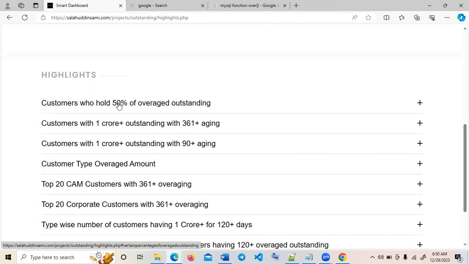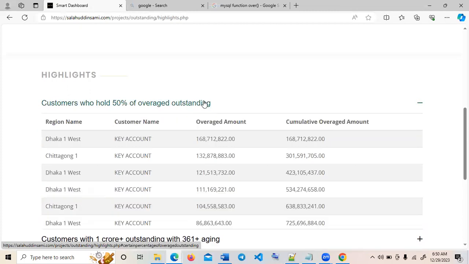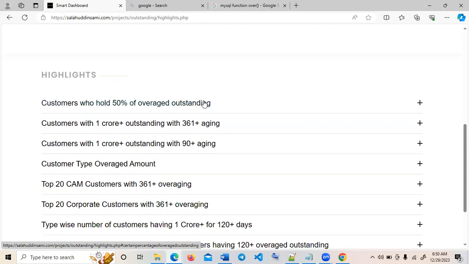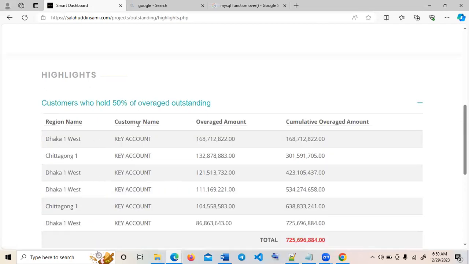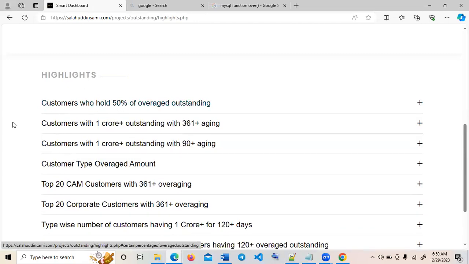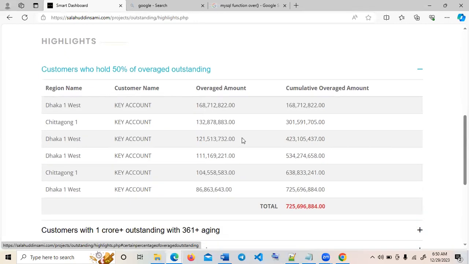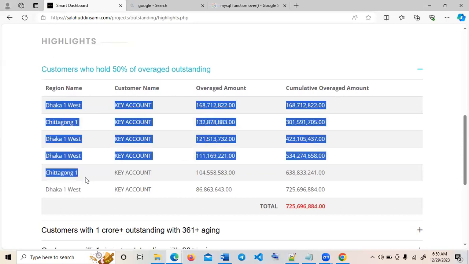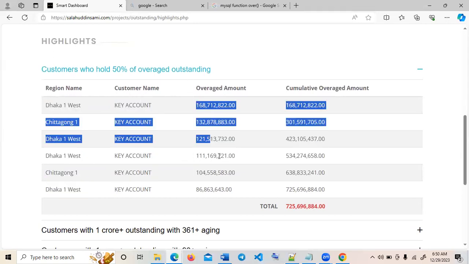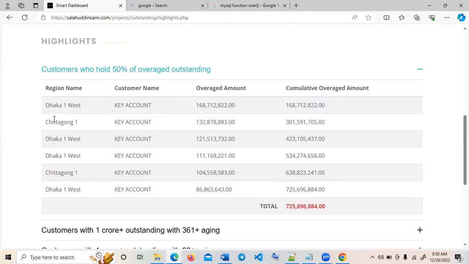For example, customers who hold 50% of overage outstanding, this is really a nice thing. Actually, here my client wanted to see the regions and what type of customers. The company wants to know which regions make up 50% of all overage outstanding. Here we can see this region and this region, these are the customers, and these are the amounts. Only these 6 regions, 6 types of customers, form 50% of all the receivables,